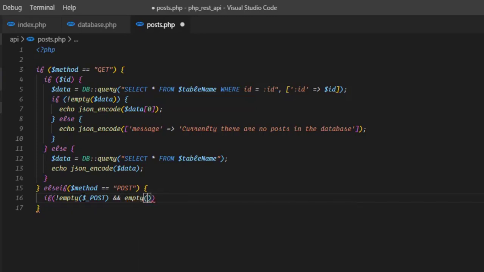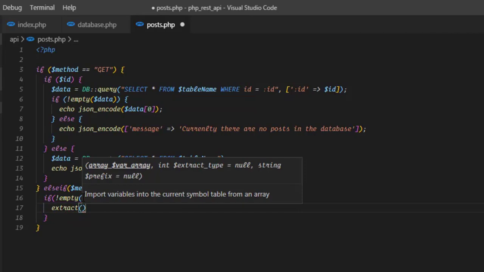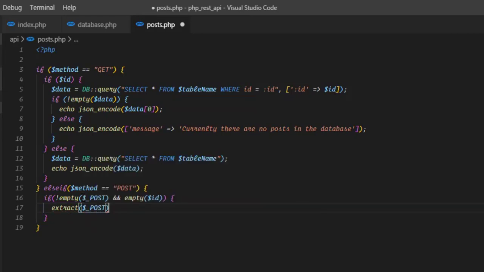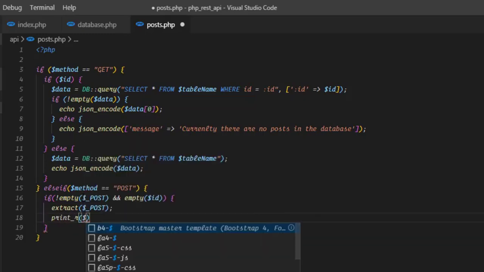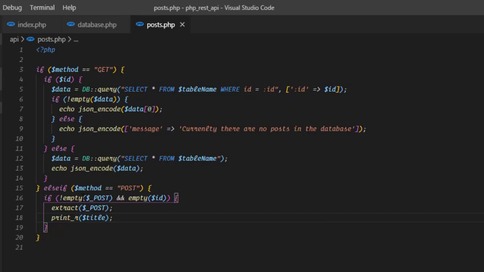So now we have to just extract those variables from the $_POST superglobal variable. To get those things, we can simply write this extract function, and this accepts the argument, which will be the post variable. Now if I go ahead and print that thing using the print_r function, it is helpful in debugging. So let's say I have a title variable. Now if I save the file and